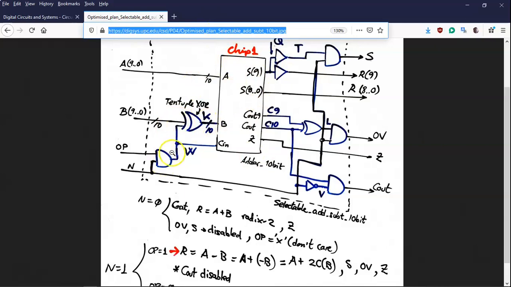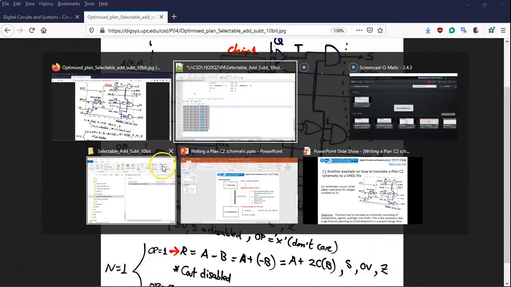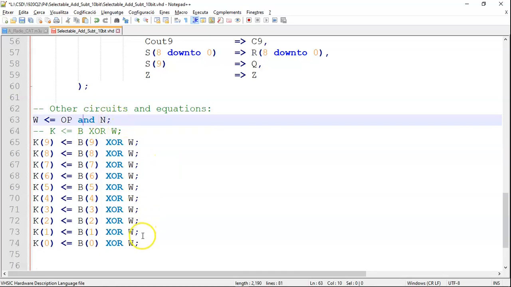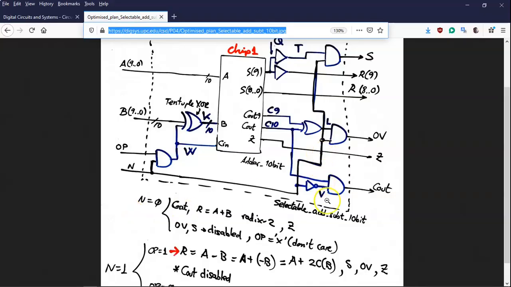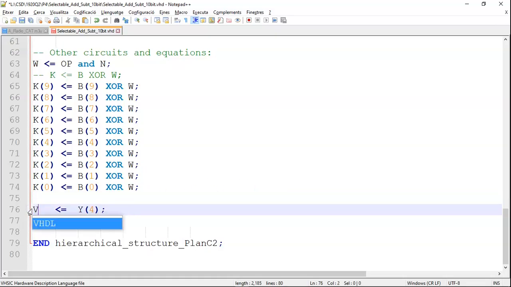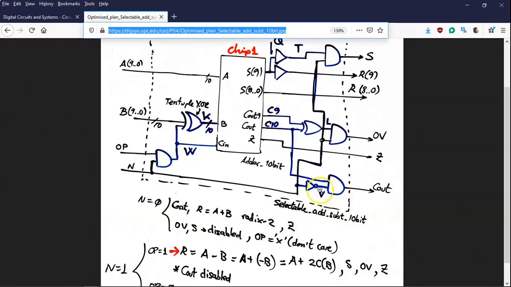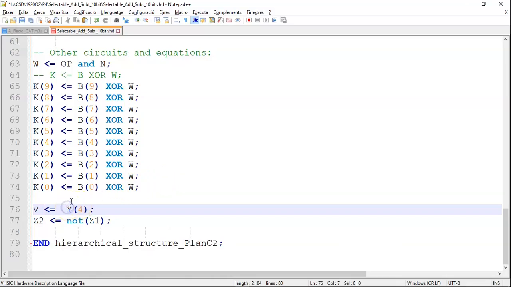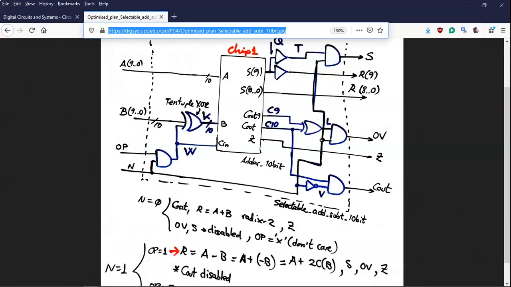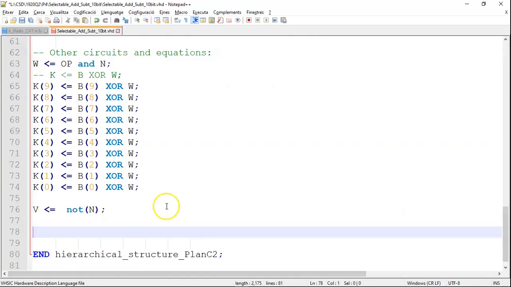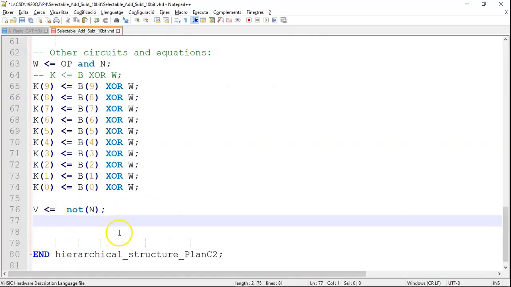Right, so those are the 9 gates. Now that the 11 gates that you see here are already here. You can go counting them all, right? So now let's continue on the other side of the chip. For example, V is nothing but what? A buffer, no, a not N. Something like this. Another one. Then what? Well, carry out, perhaps what was here, no, carry out